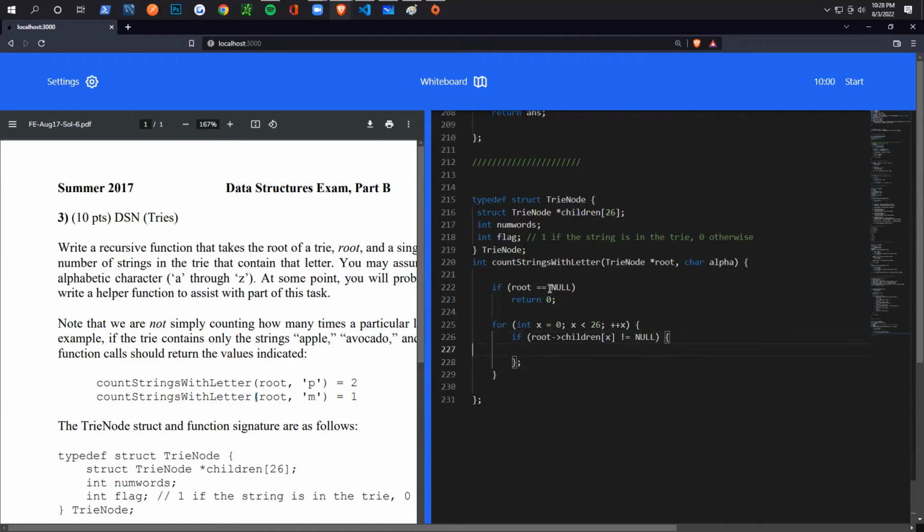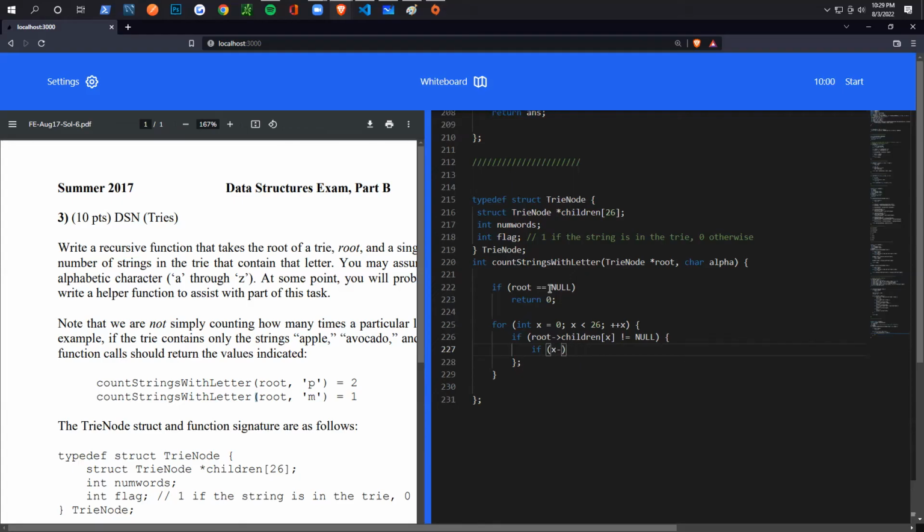So if it doesn't equal null, we want to go to it. We can also get by with not doing that, but I'm just going to end up doing it either way in this specific example. So we can do if root of children. Actually, let's do it like this. I'm going to take whatever index we're at, so out of A through Z, whatever we're looking at currently in the for loop, if it equals,